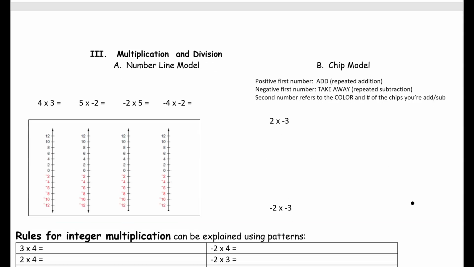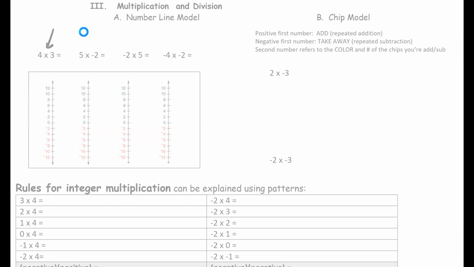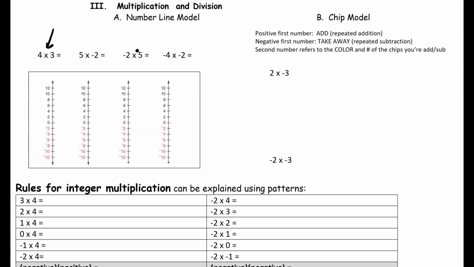Okay, so now let's talk about some multiplication and division. So this first one, the number line model, I actually copied this right out of the book. I think the number line model works great for 4 times 3. It works great when you have a positive times a negative number, like 5 times negative 2. I don't think it works that great with the last two, and I'm going to actually just cross those off. I think it's more confusing than it's worth. So I wouldn't even bother using a number line for these ones, but I think it's worth it for 5